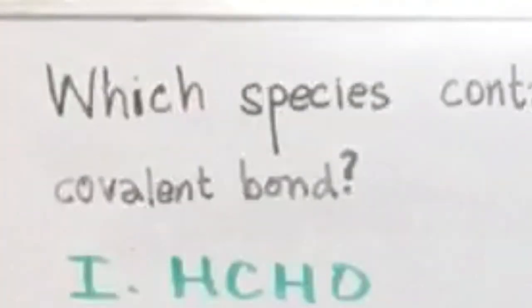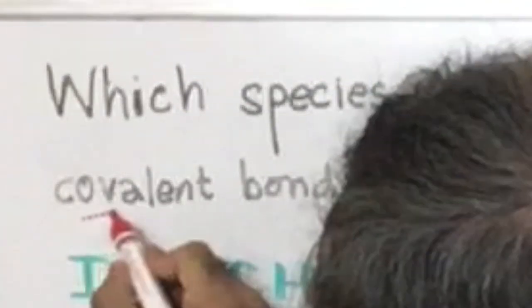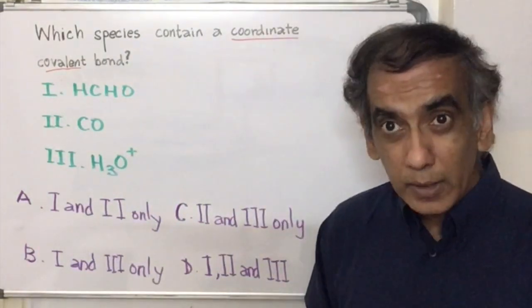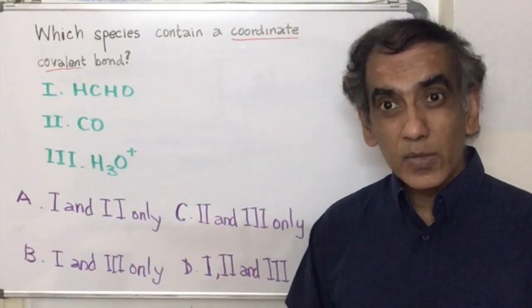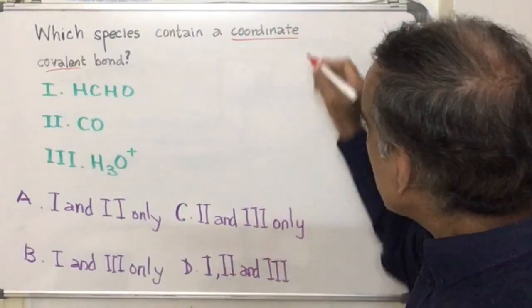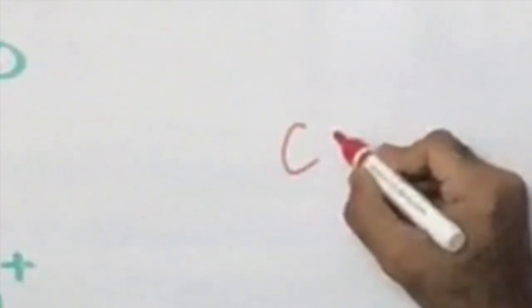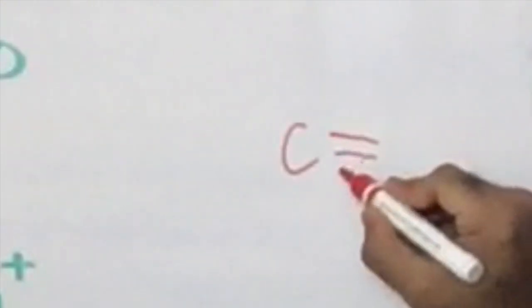Coordinate and covalent. So first of all, you need to recall what is a covalent bond. It's where you have atoms sharing electrons. But what is a coordinate covalent bond? And you need to remember that in a coordinate covalent bond, like in CO for instance, which is triple bonded